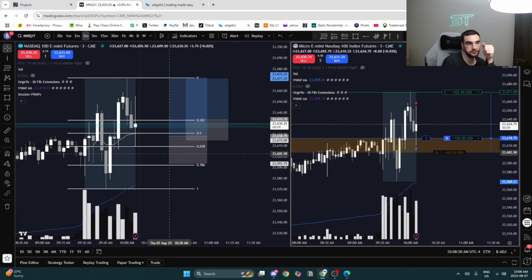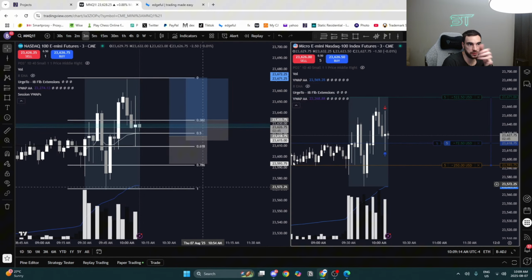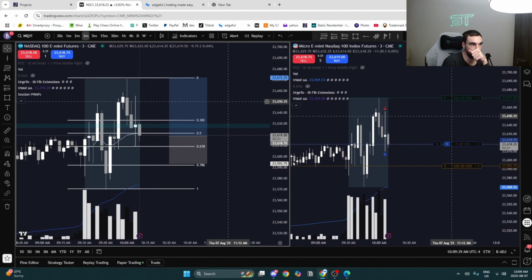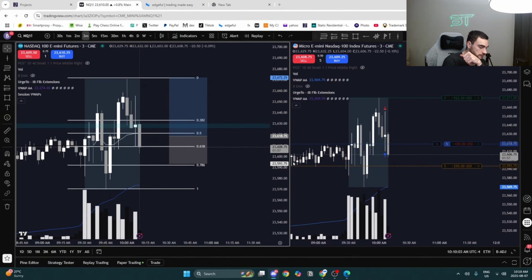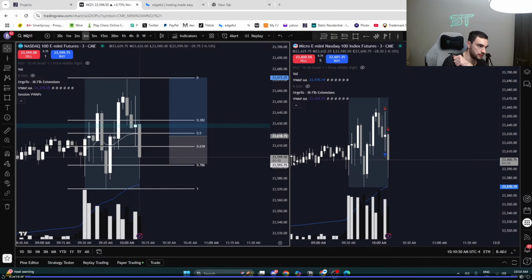Trying it again on the same 5-minute. 3-minute, actually. I think the entry's a little early. Yeah, it looks like we had a solid reaction off that 618. I'd still try it. I don't hate the trade. We just lose some. Maybe wait a bit on that re-entry when we see the doji candle as well, because these doji candles usually have a strong reaction after them.